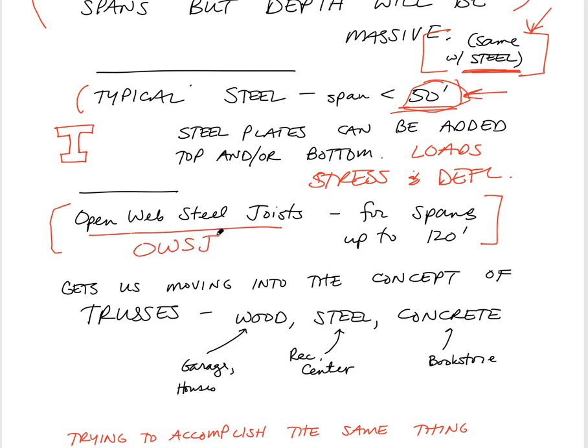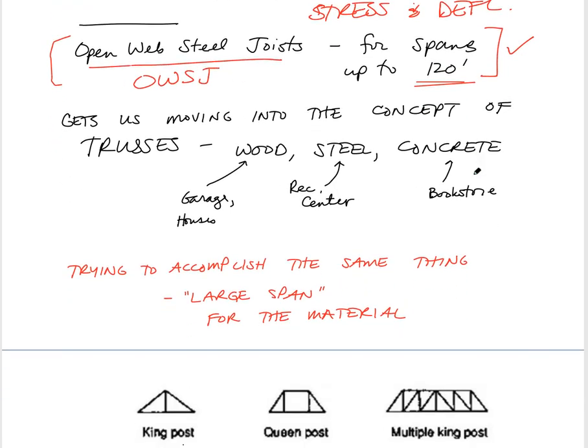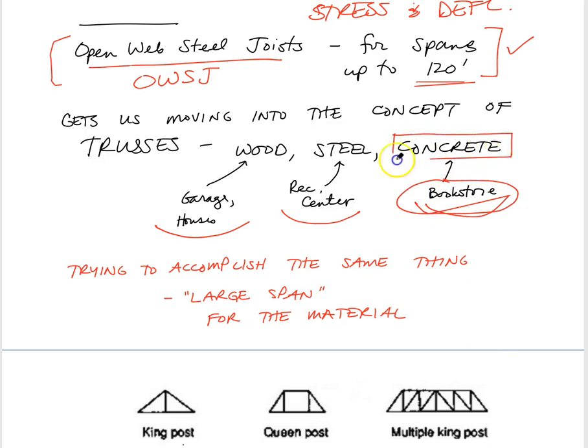OWSJ, that really gets us into something that's quasi truss-like. And so those spans can be up to about 120 feet. And so that gets us moving in the direction of trusses here. Now those trusses can be constructed of all different types of material. So you would see in the bookstore at Cal Poly, next time you're in there, hopefully that's soon, that we'll all be back there, you would see some concrete trusses, steel trusses,